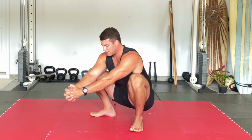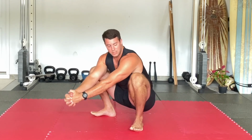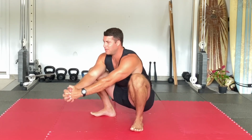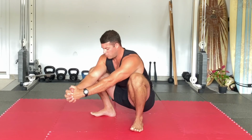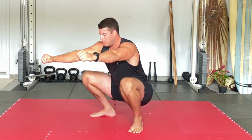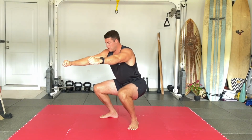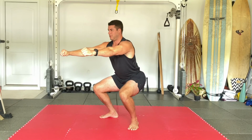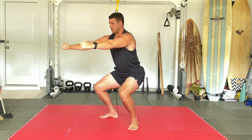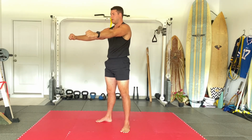I'm trying to flex those hips, trying to go deeper by flexing those hips, trying to get those ears to touch the knees. Hold here. And then we're going to slowly climb up, push into the ground, nice and slowly. Squeeze the fist, squeeze the chest, chin's in line with the sternum and navel, and slowly stand all the way